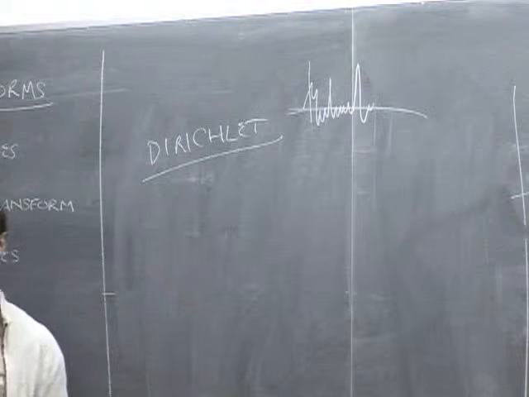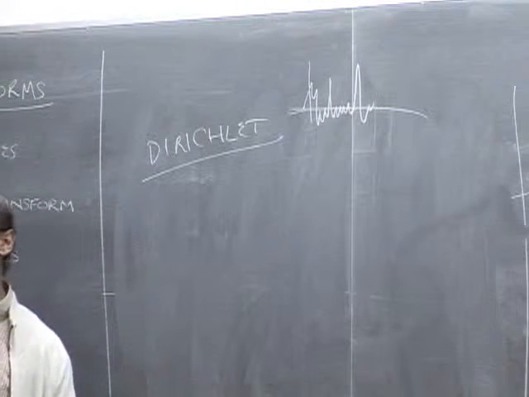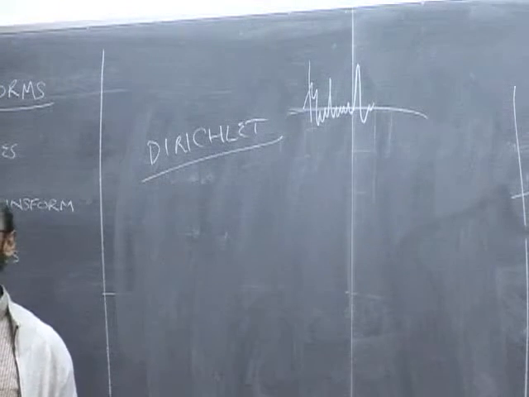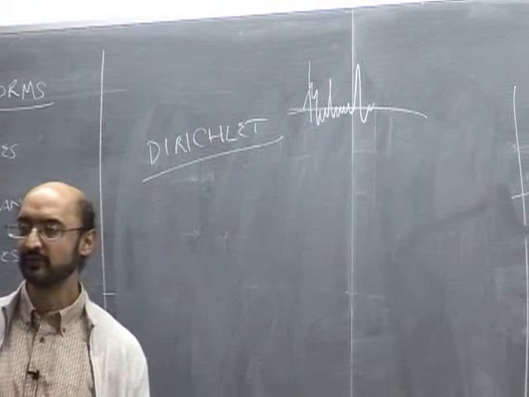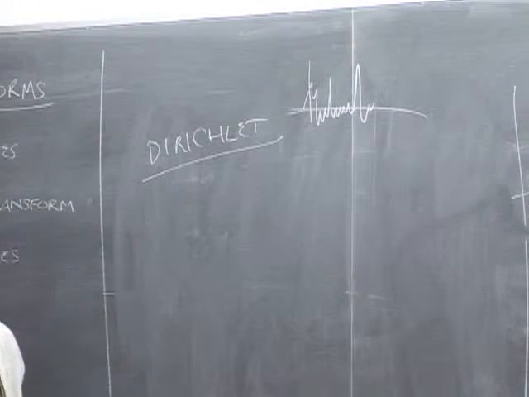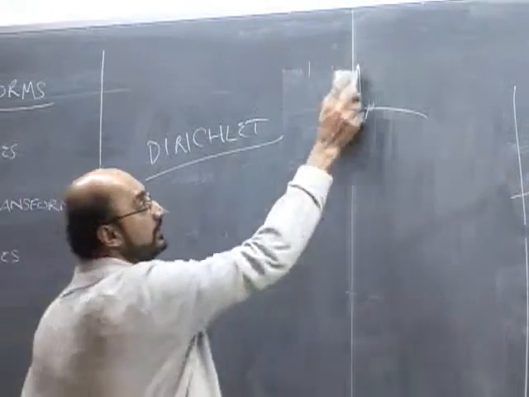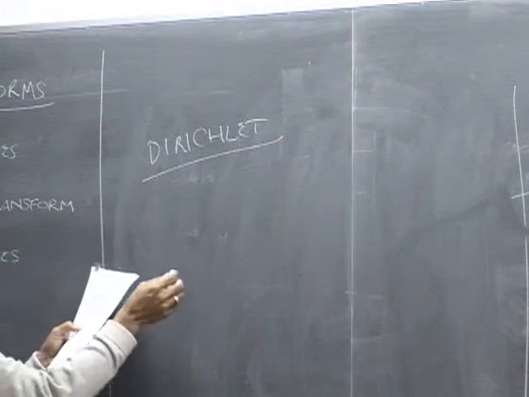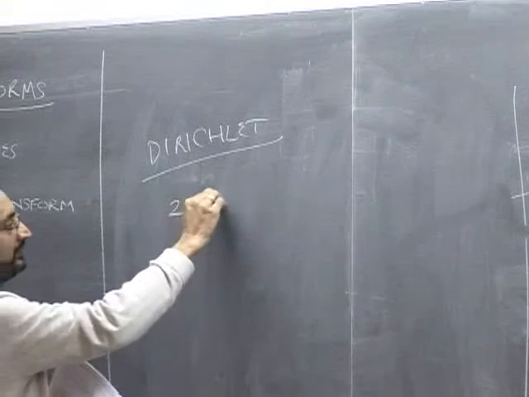Okay, what about functions that are pathological? You can say that in any period of time, they have an infinite number of zero crossings. We can actually define those functions. If you put your mind to it, you can define very pathological functions, and people have done that. And they found that for those things, the Fourier transform actually did not exist. So anyway, what Dirichlet did was he said, okay, you need two conditions under which, if these two conditions are met,